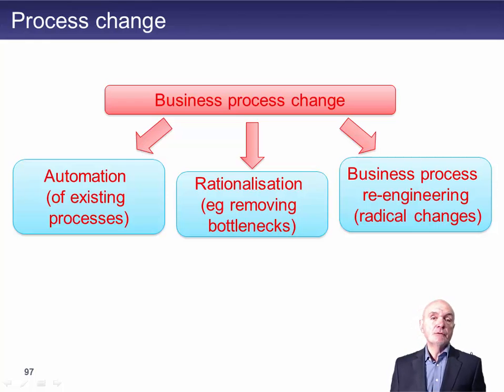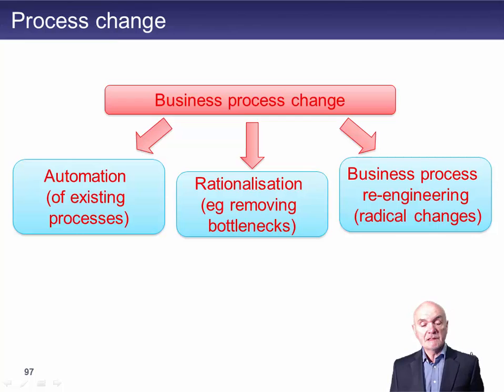What rationalization would mean instead is that you let the supplier monitor levels of stock in the supermarket, so the supplier can sit there watching remotely the levels of inventory for which they are responsible falling, and they can anticipate it getting to the reorder level, and therefore they can start manufacturing the inventory or start loading and transporting inventory in good time. That would be an example of rationalization, really doing something rather better than just automating it.